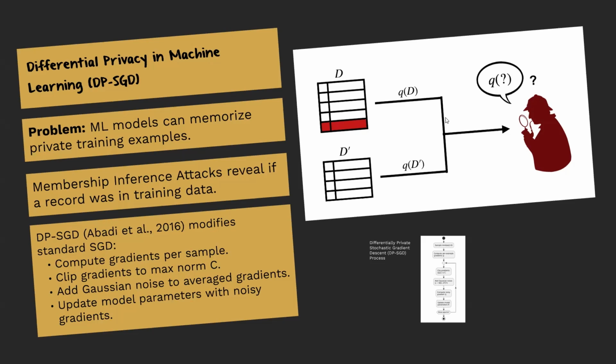One common example is the membership inference attack, where the adversary determines whether a specific record was part of the training set. Even more concerning, in some cases, attackers can extract actual sensitive data such as names and personal attributes from the model's parameters. So, simply training a model on private data is not automatically safe. We need mechanisms that guarantee that no individual record has a noticeable effect on the model's final output. This is exactly what differentially private stochastic gradient descent, or DP-SGD, aims to achieve.